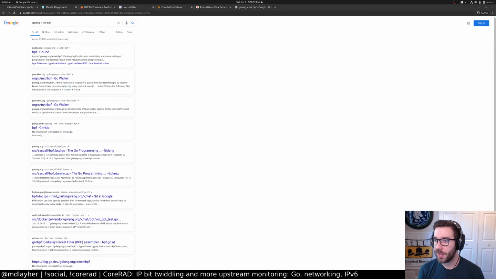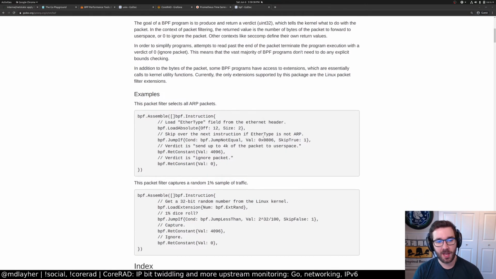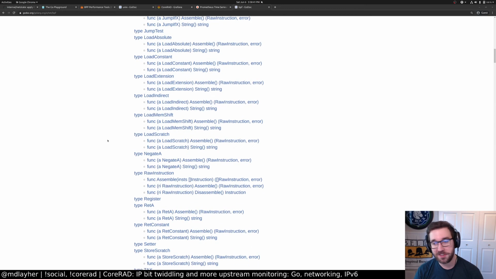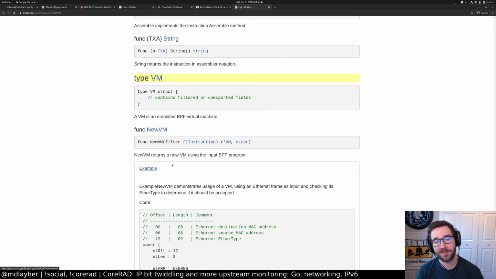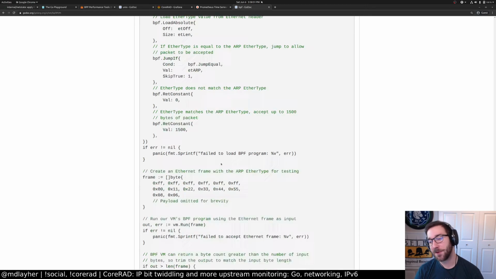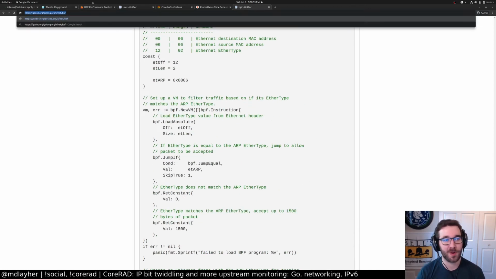This is a Go package for building BPF filters, and I've actually used this several times. And I actually contributed a virtual machine to this, so you can provide your instructions to this virtual machine and actually run tests on your instructions. So like you can simulate Ethernet frames and it will actually run your program. So yeah, I think it's pretty cool. Check out x/net/bpf. I have used this to great success.